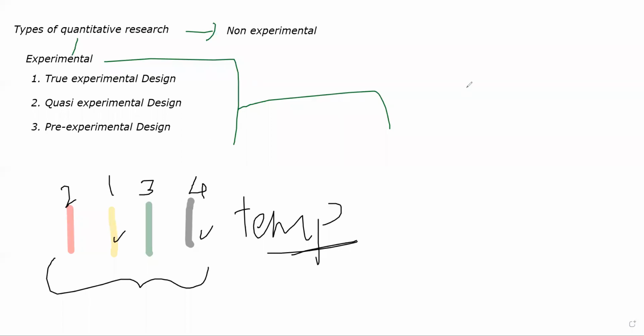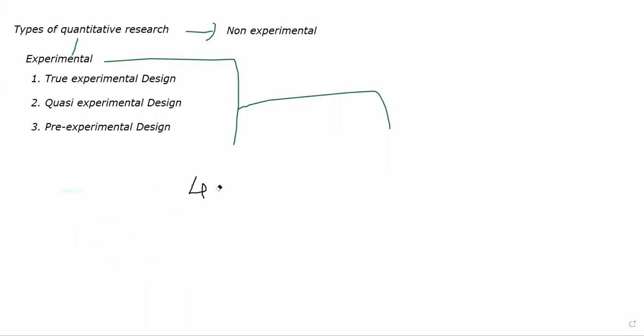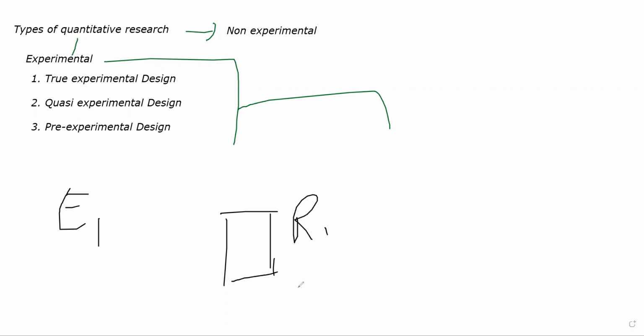Even if you are doing it in a lab, let's suppose you are performing an experiment in a lab, you cannot control everything. For example, you are studying the sensitivity of certain enzymes to a particular receptor, or the sensitivity of a certain receptor to enzymes. Example. Let's suppose there is a receptor in your body and this receptor essentially responds to one enzyme, or it should respond to one enzyme, like this E1 enzyme to receptor R1.